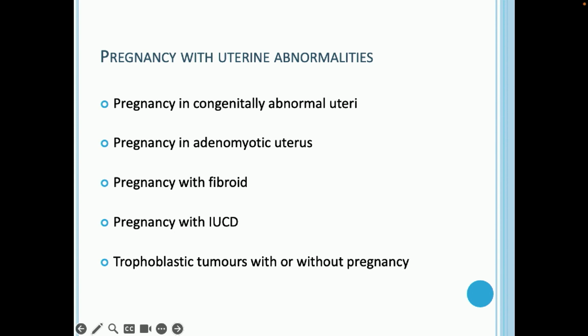What is important is when there are any of these congenital or Mullerian abnormalities and the pregnancy is there, most of these cases